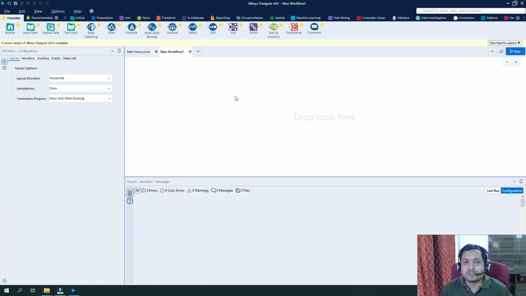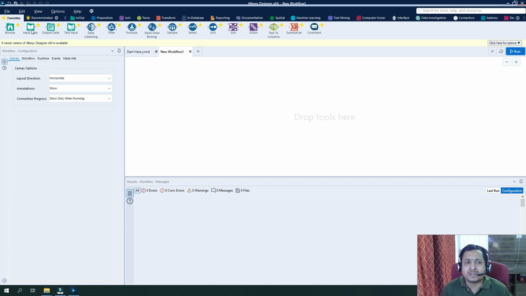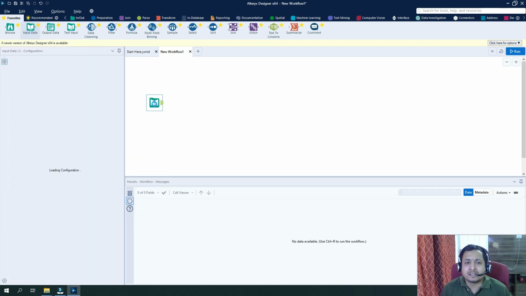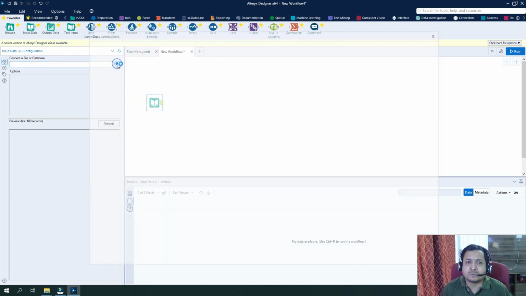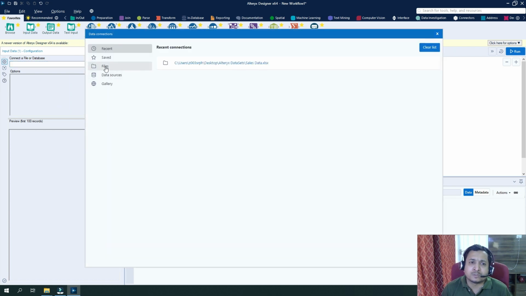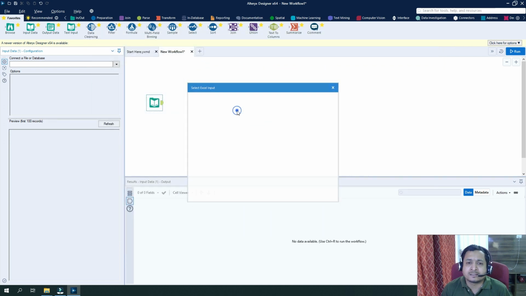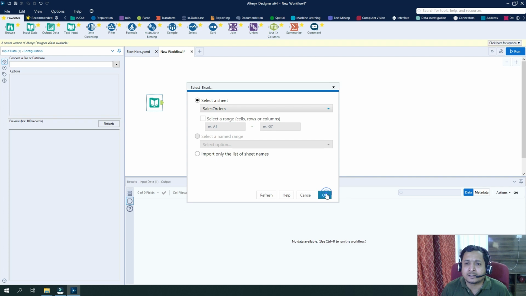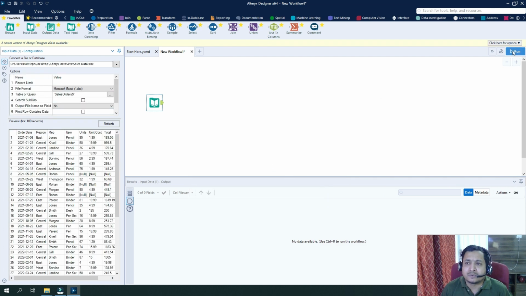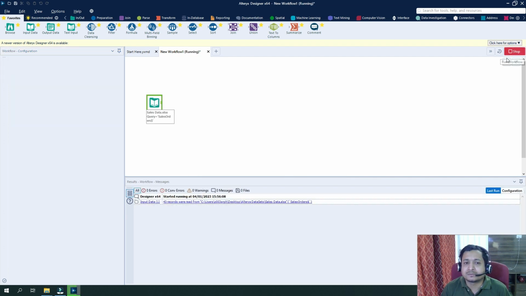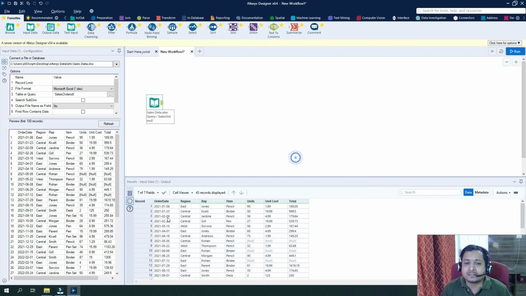You must now be able to see the familiar screen of Alteryx. So let's drag in the input data and select a data set in order to understand the functionality of the Unique tool. So I will go to file, select file, let's say sales data, and click OK. I run it and I can see there are 7 columns that we have: order date, region, rep, item, units, unit cost and